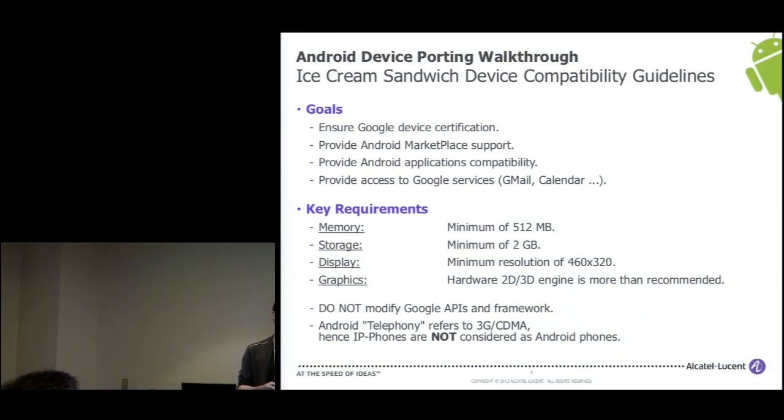So within this subject, we wanted to switch directly to Ice Cream Sandwich. For those of you that are not necessarily familiar with it, Google always made what they call the Compatibility Definition Document, also called the CDD. This is documentation from Google that explains the requirements, both in terms of software but also hardware, that your device needs to implement in order to be a really Android-compatible device.